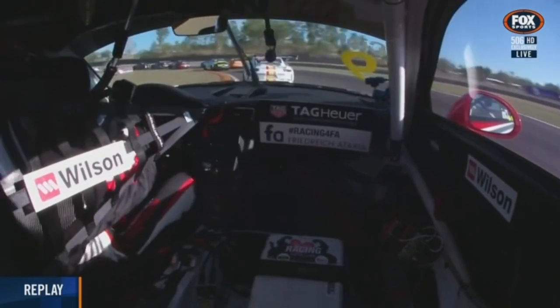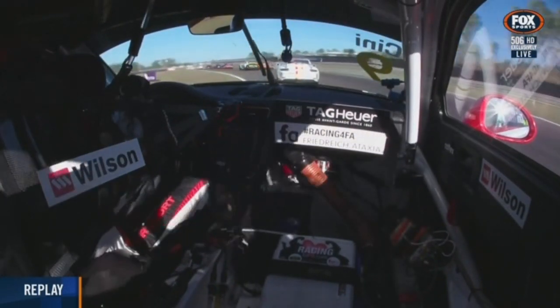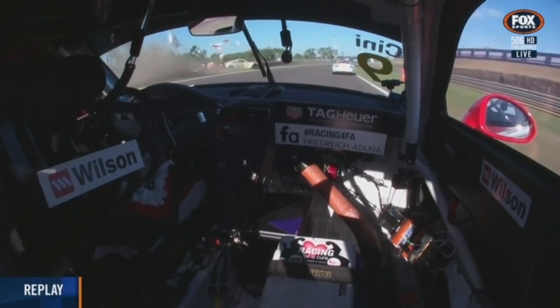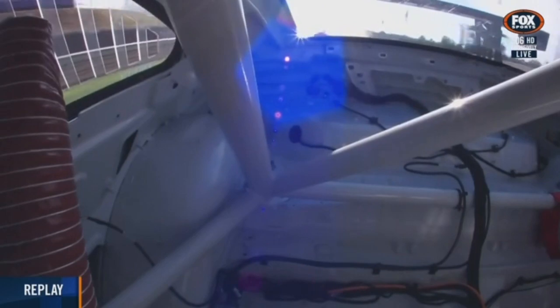Just escaped having a crash there, and then in front, watch the yellow engine cover head towards the fence, and the bright orange Porsche do the same. The really frustrating thing about that one as well for me is it ended up being